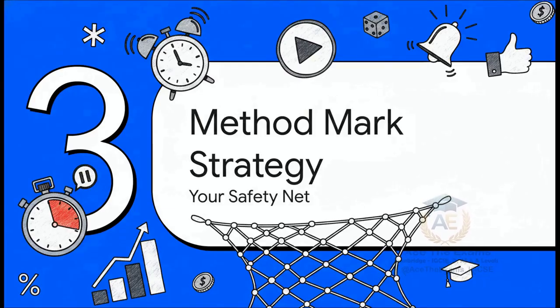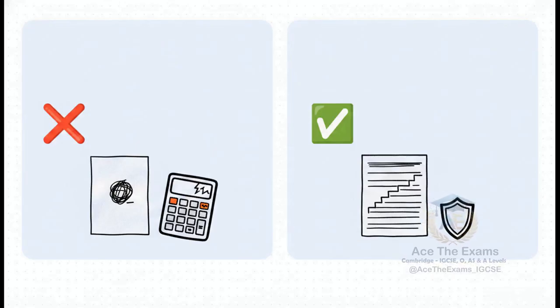Pushing forward to checkpoint 3, the method mark strategy. Time split check. Before we execute this final top band paragraph and lock in an A-star great velocity, you need